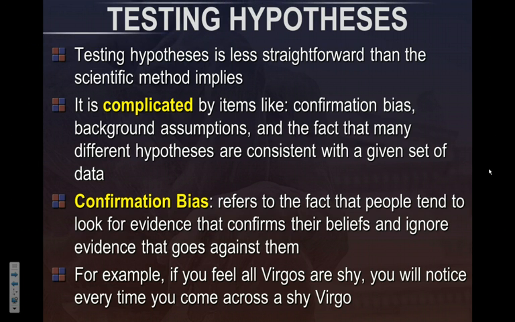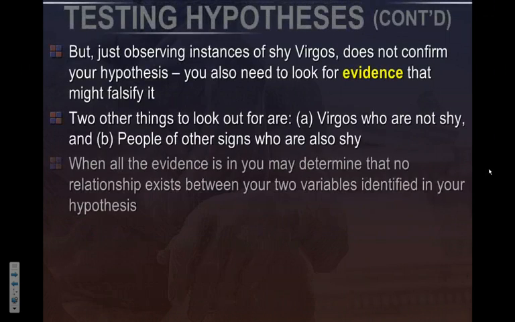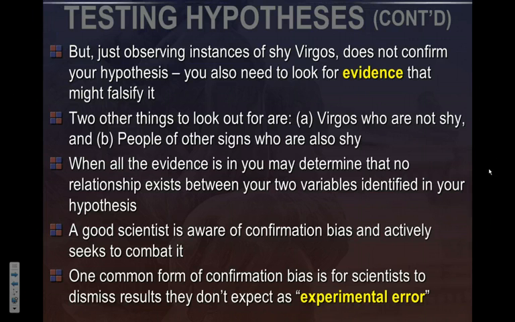So for example, say you decided that all Virgos are shy. Every time you come across a shy Virgo, you'll be like, aha, look, another example of a shy Virgo. So you will be constantly trying to confirm your own hypothesis. Meanwhile, you might ignore these really outgoing Virgos that come up to you, or you might ignore these shy people of other astrological signs. That's the confirmation bias, that we are always trying to confirm our own hypotheses. So it creeps into science. It's hard to get over that kind of bias or that kind of filter.